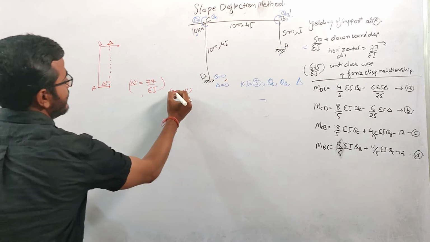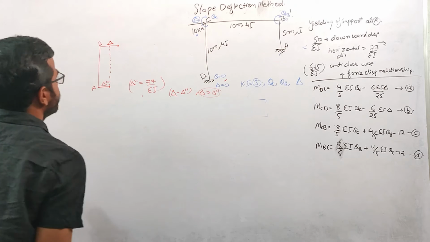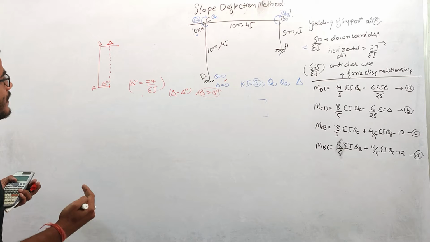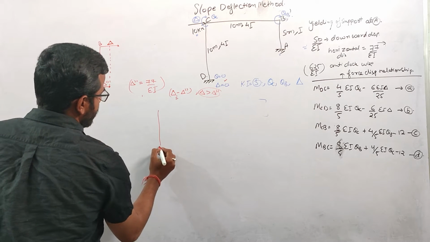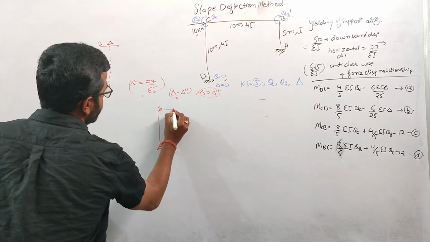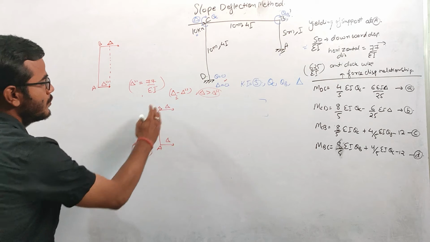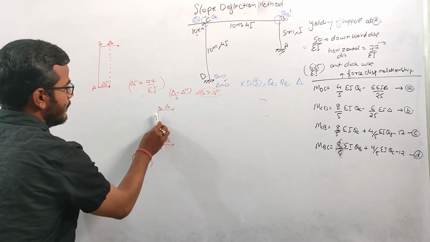And we are assuming that this delta is greater than delta double dash. So that's why the sway which will be responsible for generating end moments will be delta minus delta dash. You can understand it like this: if this is A and this is B, and this is moving by delta and this is also moving by delta, then there will be no moment generated due to this movement, right? Because this is a rigid body movement in horizontal direction by delta amount.